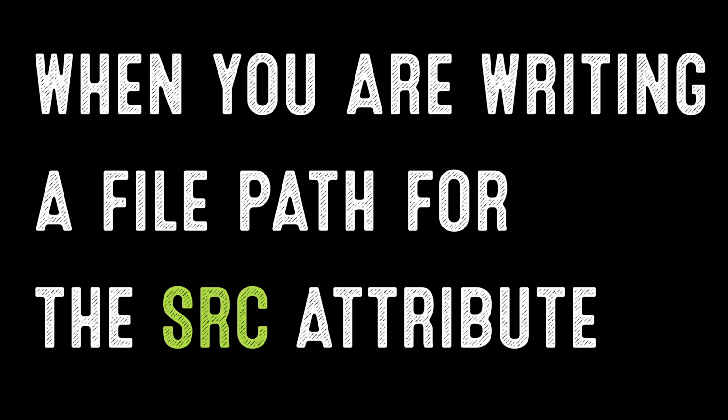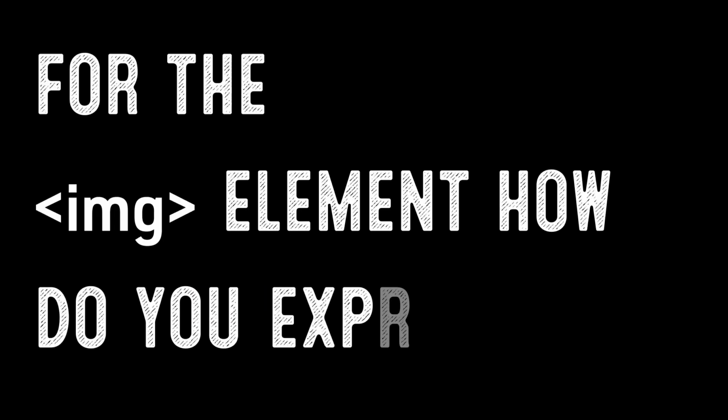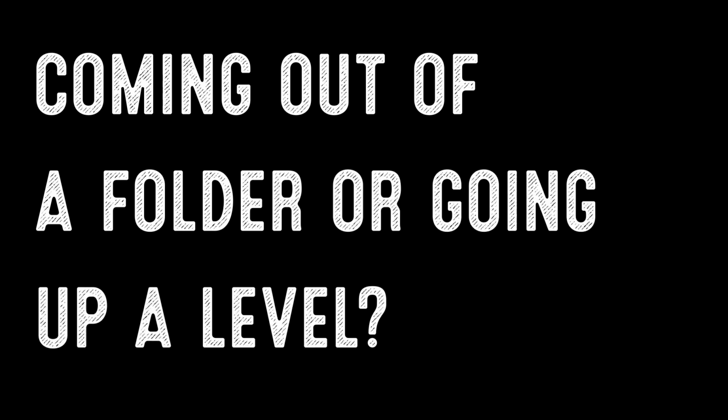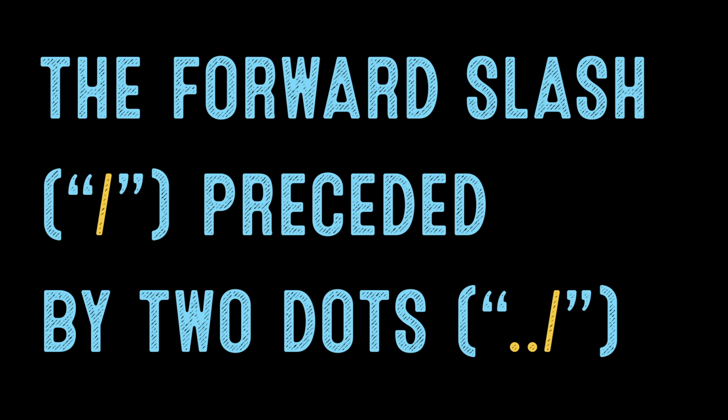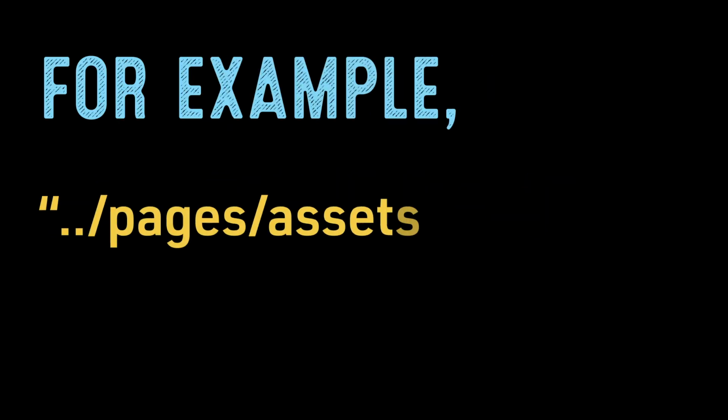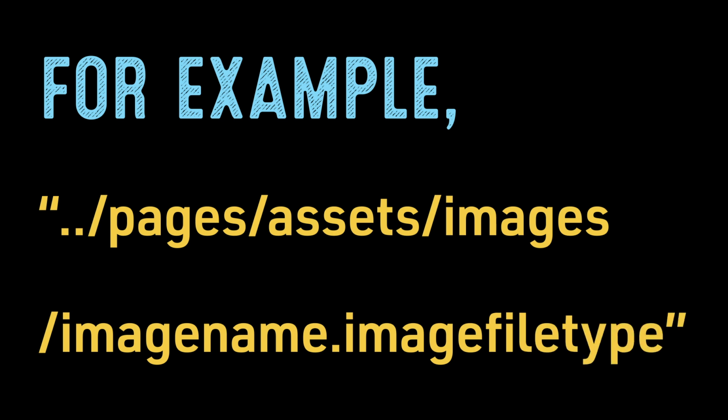/images/sampleimage.jpg. When you are writing a file path for the source attribute for the image element, how do you express coming out of a folder or going up a level? The / preceded by 2 dots, placed before the folder name. For example, /pages/assets/images/imagename.image file type or